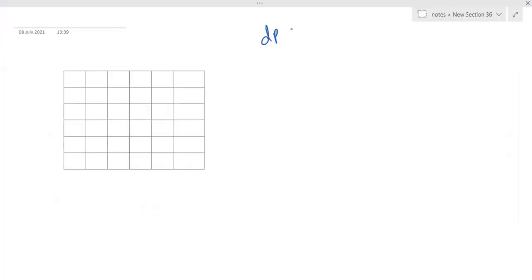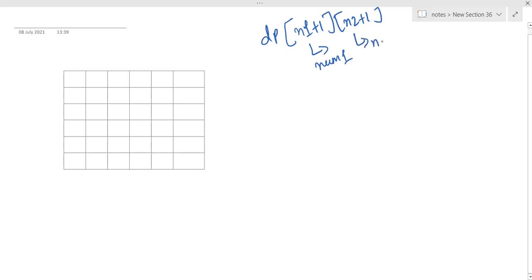As we are going to use a dynamic programming approach, we'll be building a table first, and the size of this table is going to be N1 plus 1 by N2 plus 1, where N1 is the size of the array nums1 given in the question, and N2 is the size of the array nums2. So this is the size of our 2D array, DP.